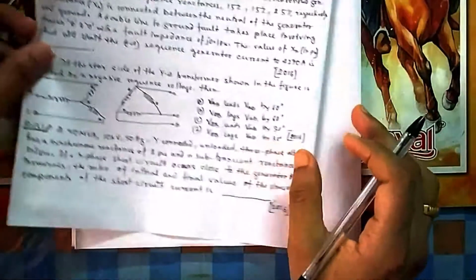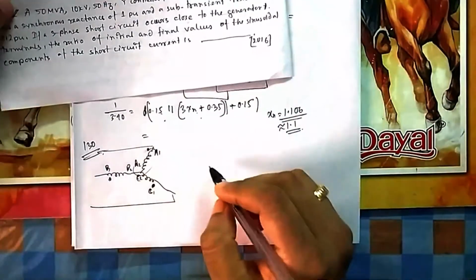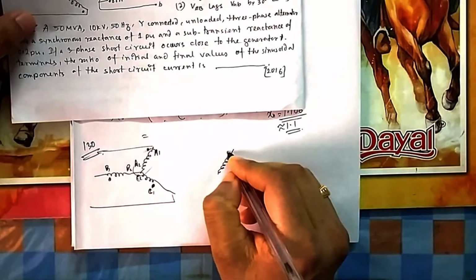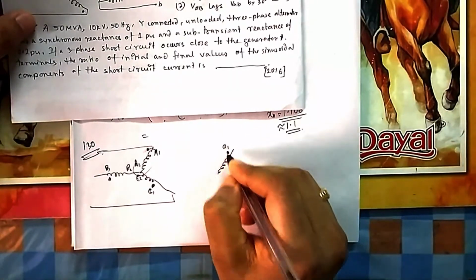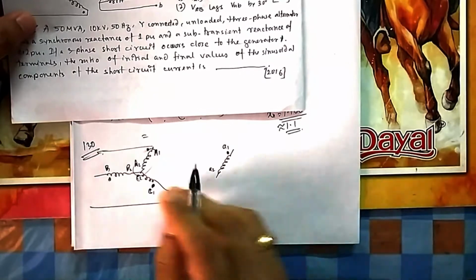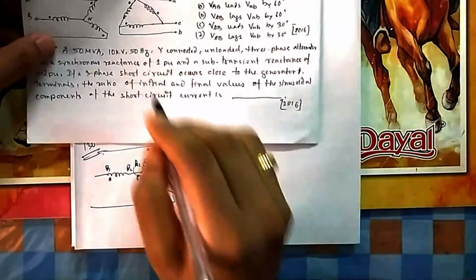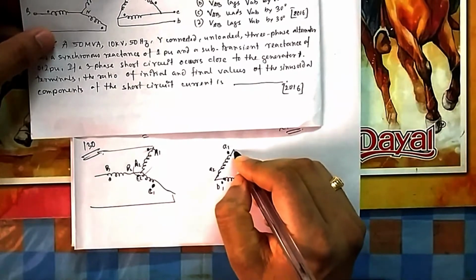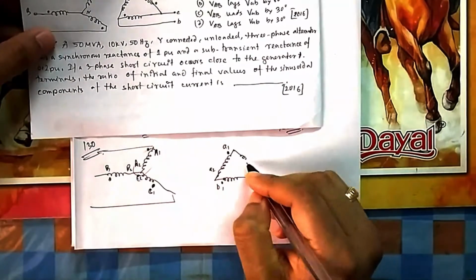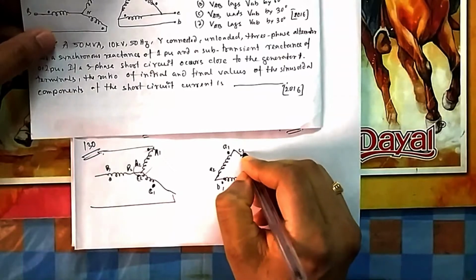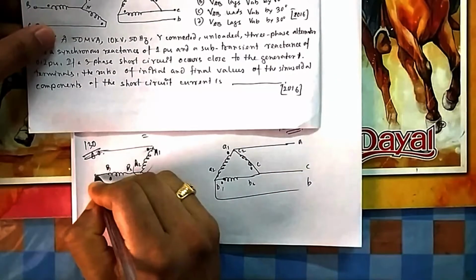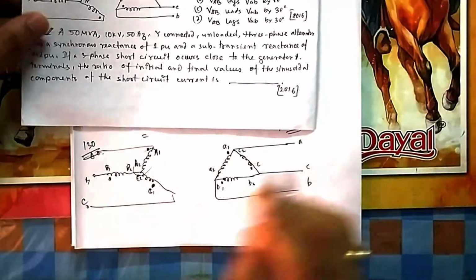So you can think that this coil is directly connected here, this is connected here, and this is connected here. The same thing that I am doing here. So first this one I will open. I will connect this one here, marking this one as A1 now. This is A2. Next I will put this one because it should look like this. So this is my B1, it becomes B2. And similarly next I will put this one here. So this is your C1, this is your C2. These are the values they have marked, A, C, B. This is capital A, capital B, capital C.